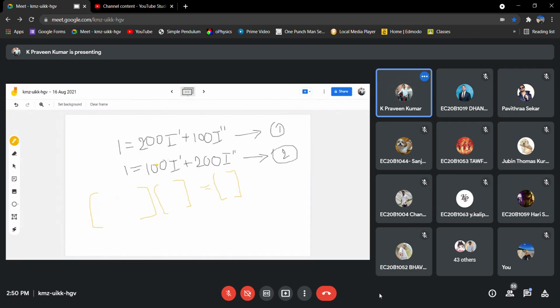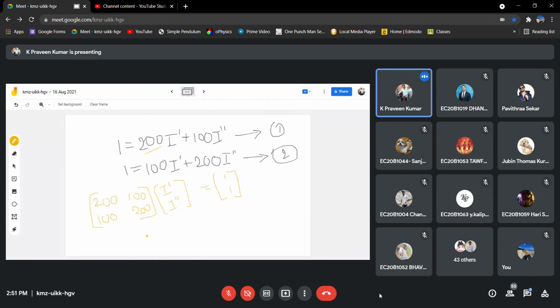All these are the coefficients of the variables, so we need to write them in the respective positions, like this: 200, 100, then 100, 200, and this is I dash, and this is I double dash, and these are the constant values on the RHS, 1, right?